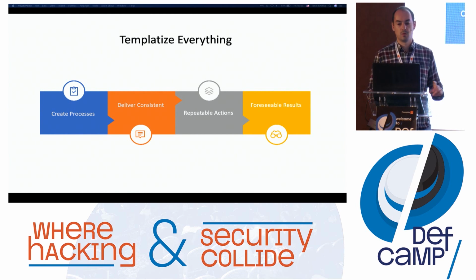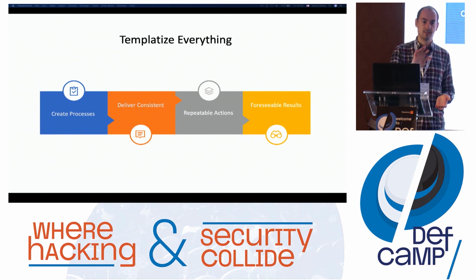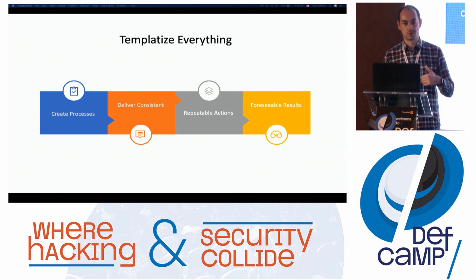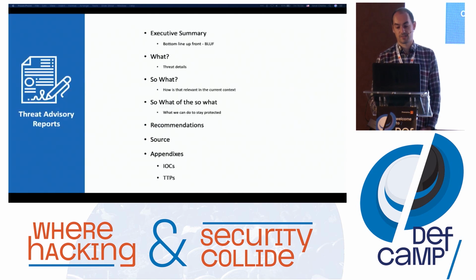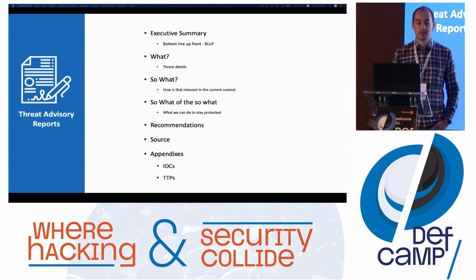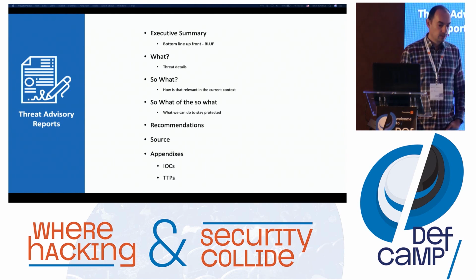Threat intelligence briefs, awareness messages. Whenever you have news breaking in the news outlets, you have to have the template prepared. You have to have your words with you. You have to put it in writing and send it out fast. You don't want to have your CISO bringing the news towards you. You have to go first. Technical reports, responses to RFIs, vulnerability intelligence, and metrics. Templatize everything so that you can act fast. A few examples. Threat advisory reports. Actually, this is another common mistake and a story from the field.